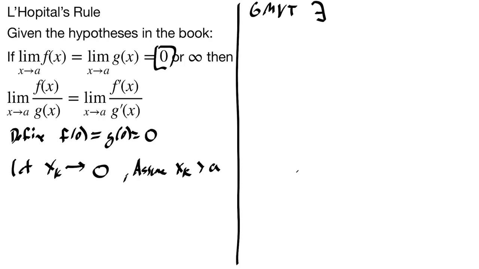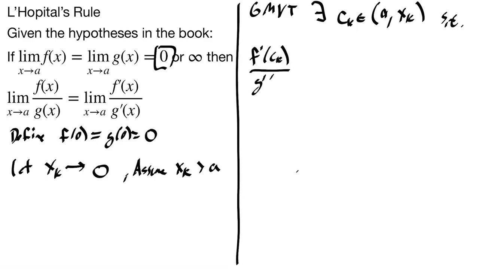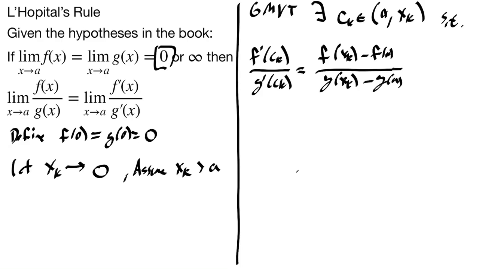So by the generalized mean value theorem, we know that there exists some ck in that interval in between a and xk. So if I take one of my sequence points and take the difference between it and a, then there exists some c in that region such that the following is true, such that f prime of ck divided by g prime of ck is equal to f of xk minus f of a divided by g of xk minus g of a,